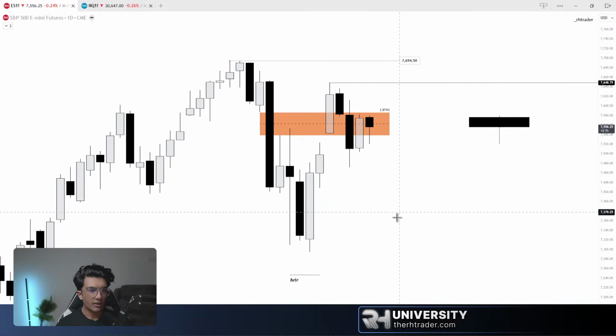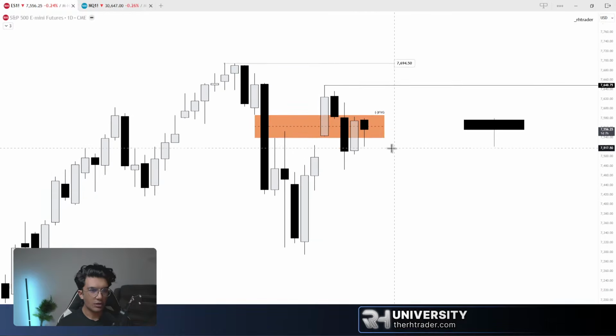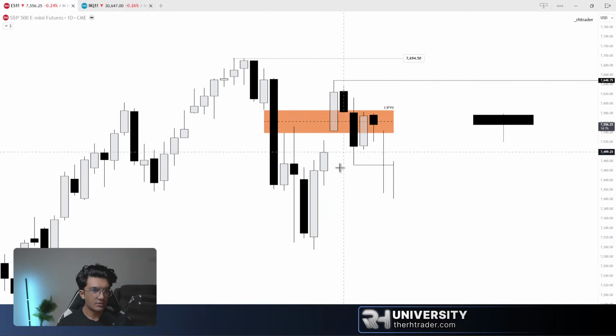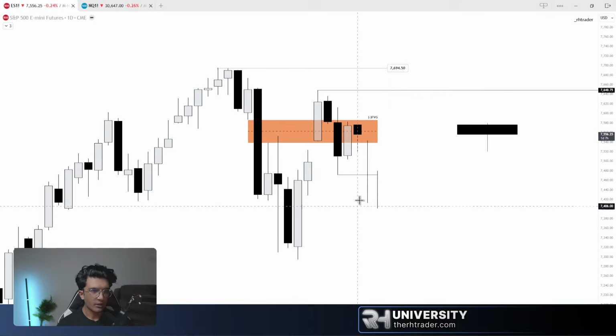Now, what if price, let's say, starts pushing lower, right? When will I change my bias? So how am I going to do that? Really simple. We have this low right here. Let's say that price closes below this low, right? If price closes through this low, then I believe these highs are safe and price needs to push lower. But if price opens, pushes lower, and manages to, let's say, push back higher, that means that this was just liquidity being cleared out before an aggressive expansion higher, okay?